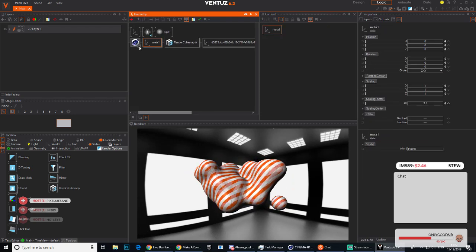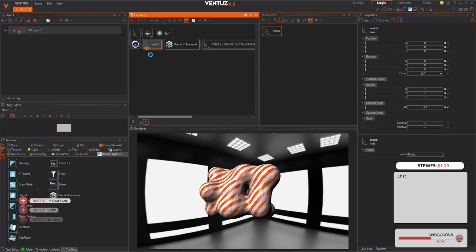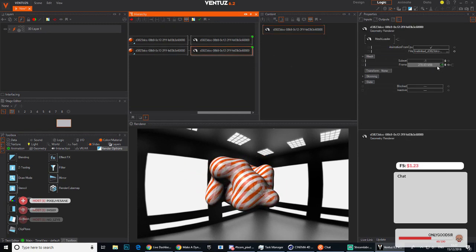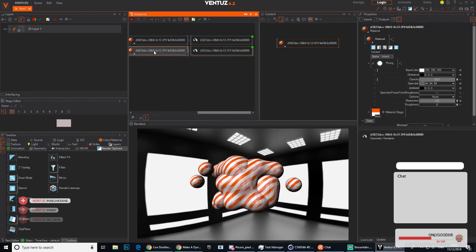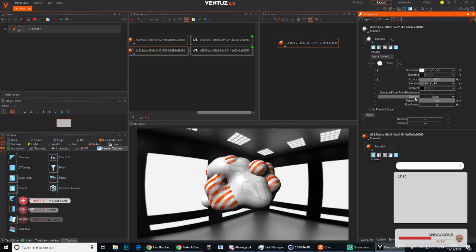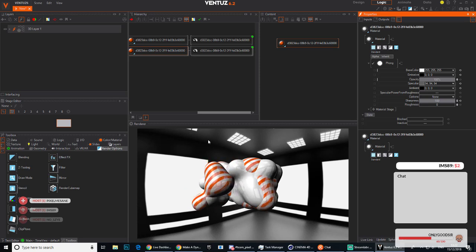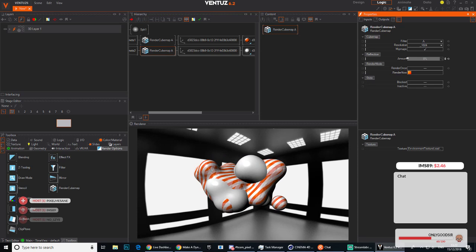If I was to duplicate that, it might freeze. Let's see. Hopefully it doesn't crash on me. And then I'll just do an offset on that mover. I could just remove this material. If you did all the collisions and imported your groups, you could do it. But yeah, just to give you a rough idea, maybe that one's less glossy. Or